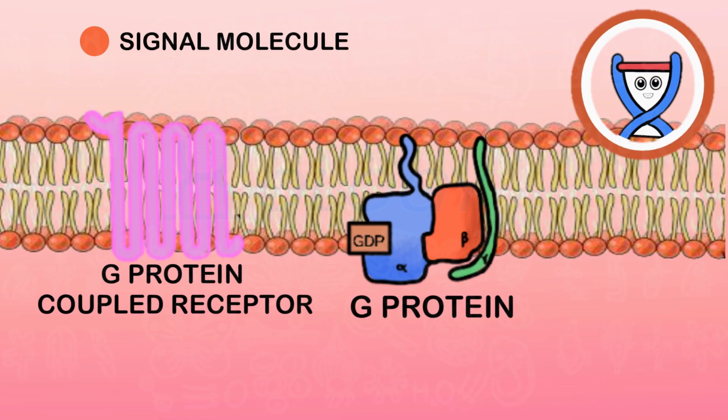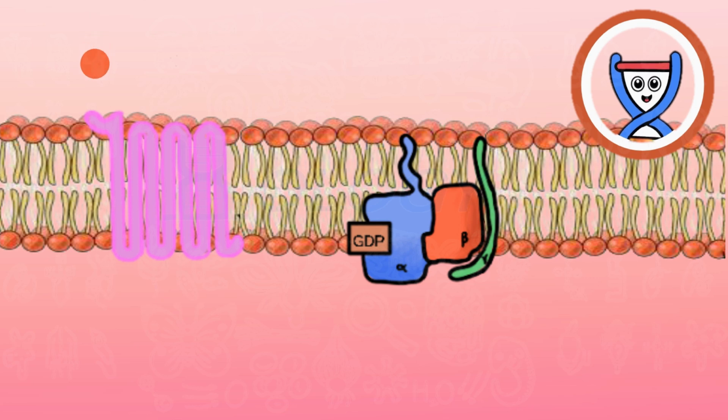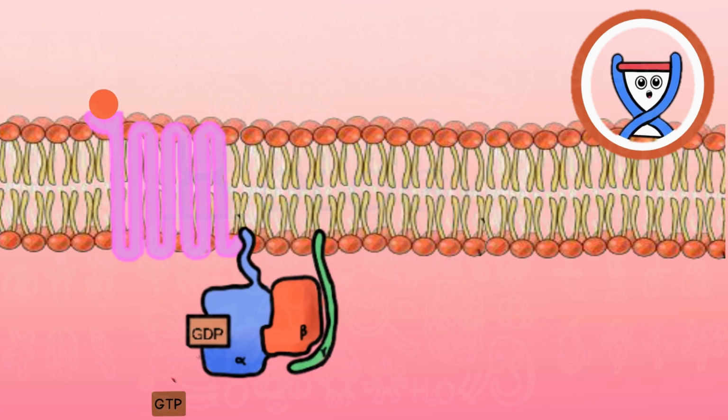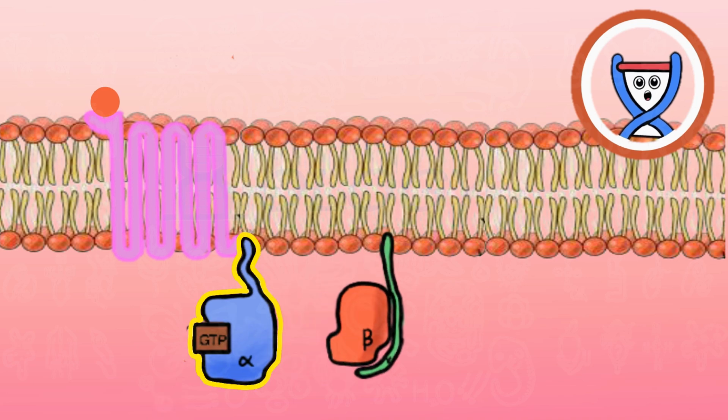G-protein-coupled receptors are cell surface receptors that pass on the signals that they receive with the help of heterotrimeric guanine nucleotide-binding proteins, also known as G-proteins, with alpha, beta, and gamma subunits. In an inactive state, the alpha subunit is linked to GDP. When a signal molecule binds the G-protein coupled receptor, GDP in the alpha subunit is replaced by GTP and it's